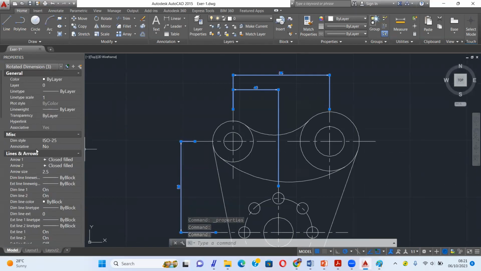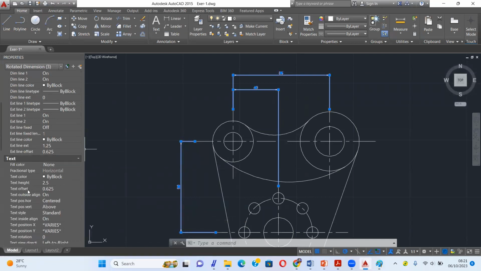Then you can find text. For example, text height. Text height, this is 2.5. If you want to make it double, you can put 5 for the text height. And text offset, offset means offset from the dimension line, and here 0.6, so you can make it 1.5, for example.